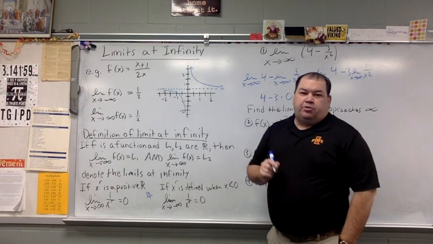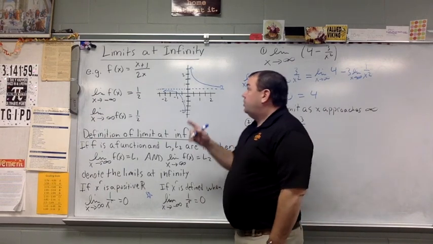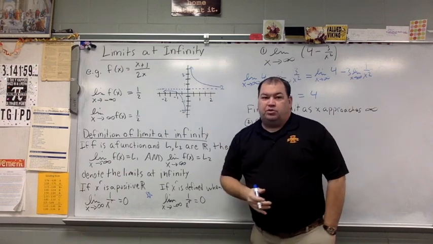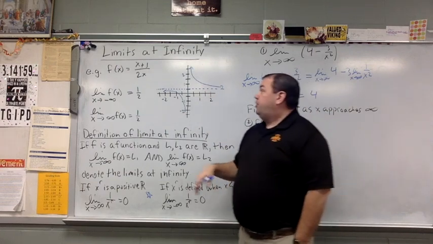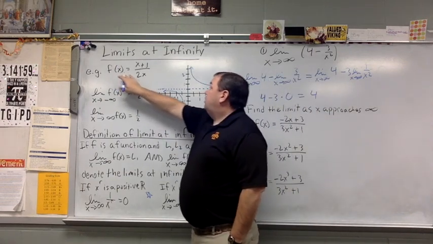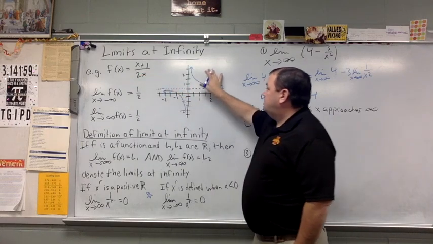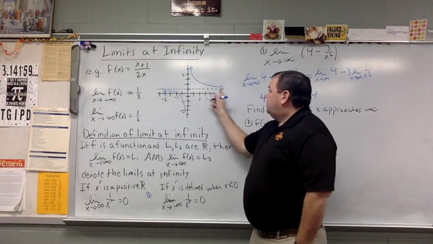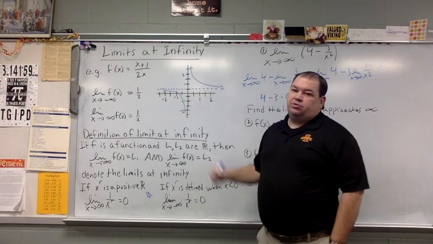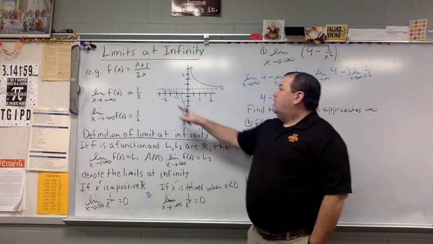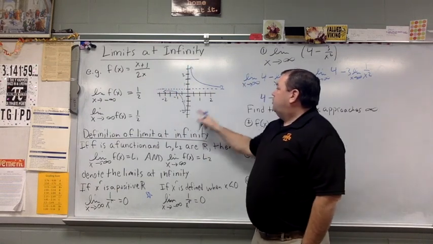As we dive deeper into our study of limits, let's now take a look at limits as we approach infinity. I started with an example here. So here's my function, x plus 1 over 2x, and it's here in blue. And you'll notice that there's two asymptotes in this rational function, one where x is 0 and one where y